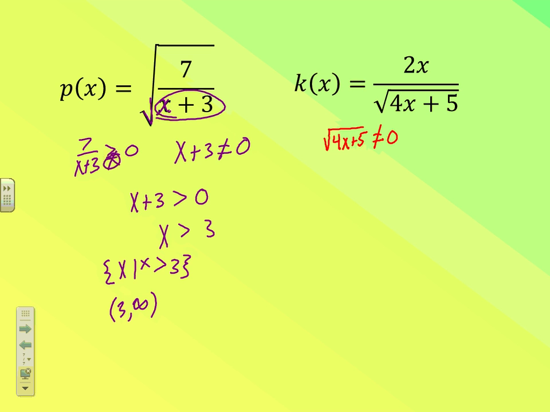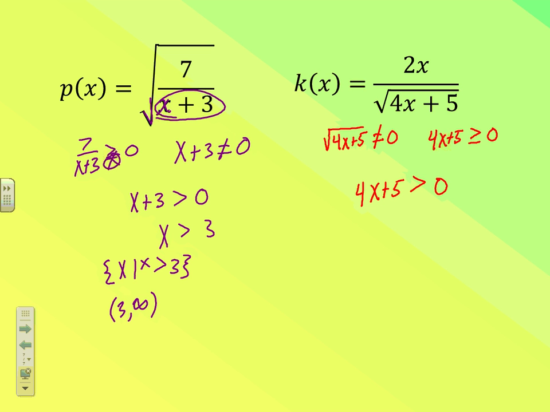But the radicand itself, the 4x plus 5, must also be greater than or equal to 0. Well, same thing like in the last one, because this one says it can't be 0, and the one on the right says it could be 0. Because they contradict each other, we have to err on the side of caution and say, well, we can't have 0. So I'm going to simply take the 4x plus 5 and say it must be greater than 0,